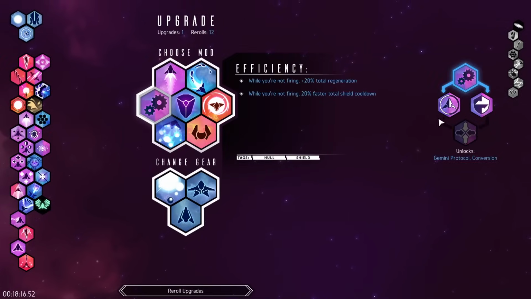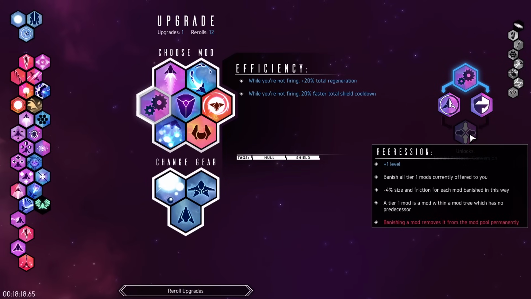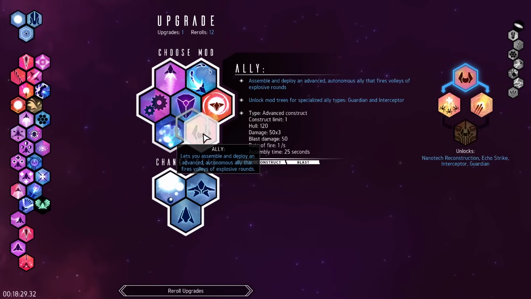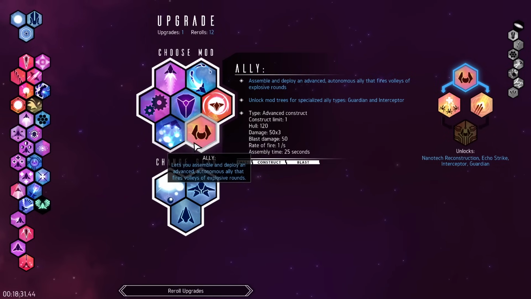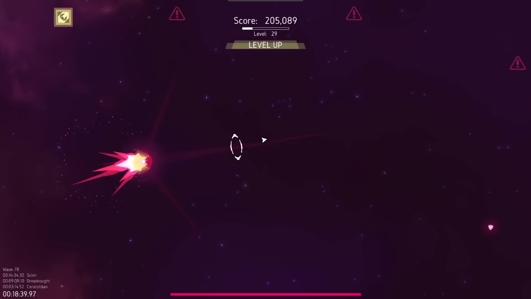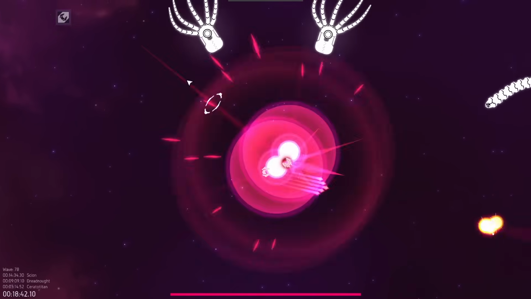Hey, look, efficiency. And there's regression. Yeah, 4% size and friction for each mod banished this way. But it only banishes tier 1 mods. How many tier 1 mods are left? Well, not counting ally, there's one on the screen. Regardless, I'm taking the ally now. I've taken the ally. So this is like a future thought experiment. That'll be the sort of thing for potentially...